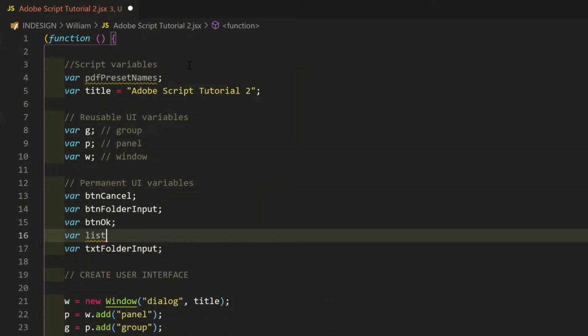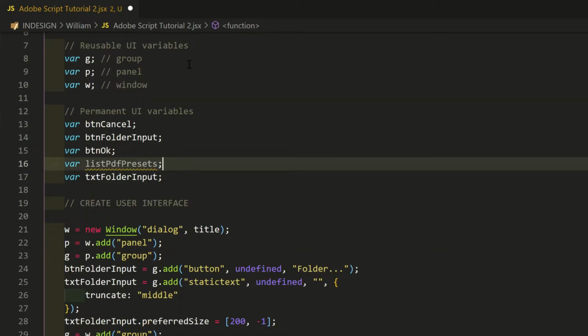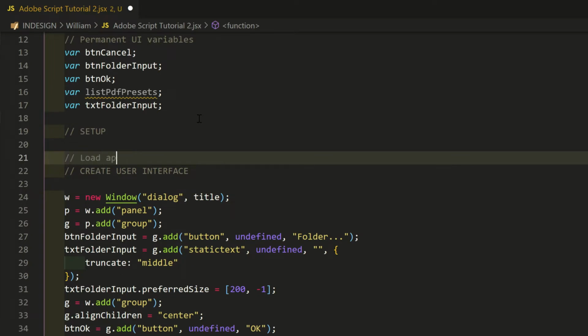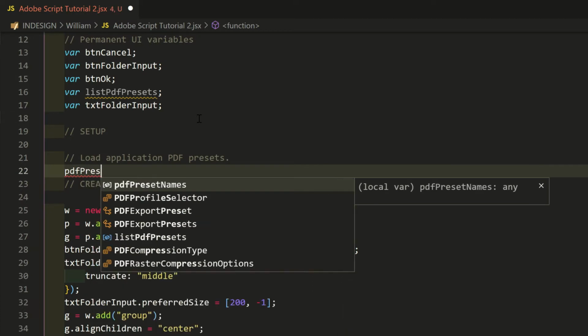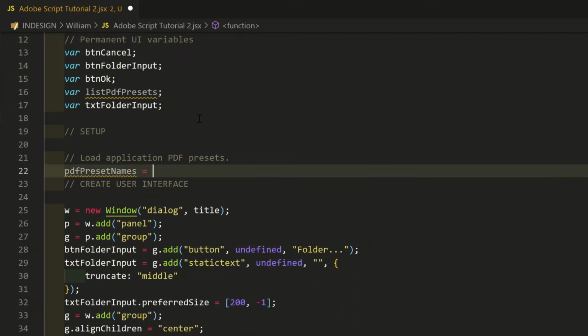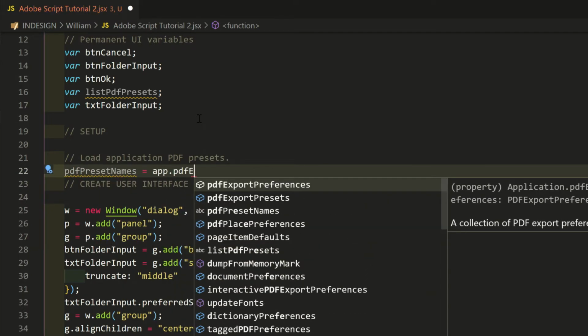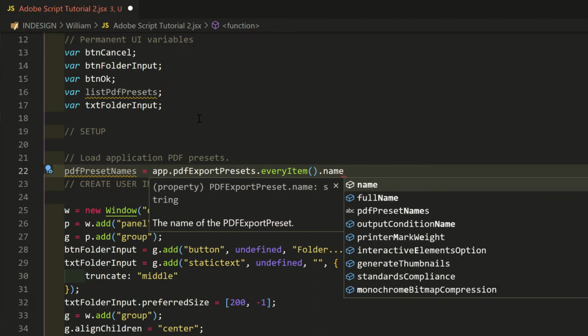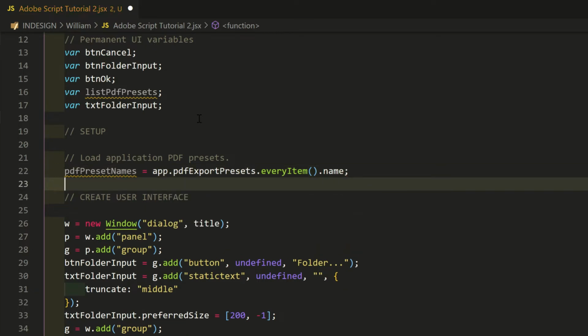Var list PDF presets. Then, before defining the interface, get the PDF preset names from the app object. PDF preset names equals app PDF export presets, every item, name. This returns an array of the preset names.